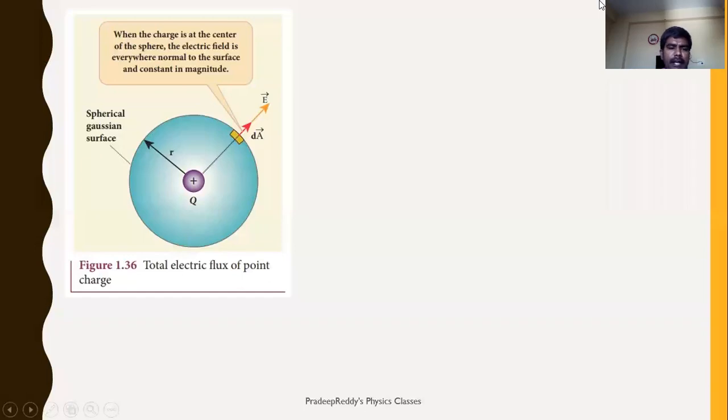Now let us see one simple example where you will be calculating electric field and electric flux through this positive charge, just like how we have done in the previous slide. I am considering one plus Q charge. From this plus Q charge, the field extends outward, and that is E bar. You are considering a Gaussian surface, and out of the total surface area, I am taking a very small element area, denoted in yellow color. This is yellow, right? That is a very small elemental area. Fine. Now you can apply both equations over here.